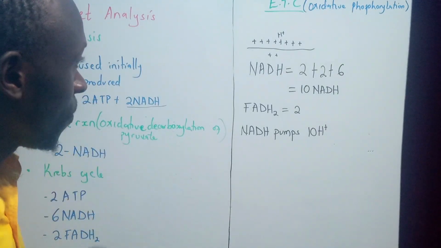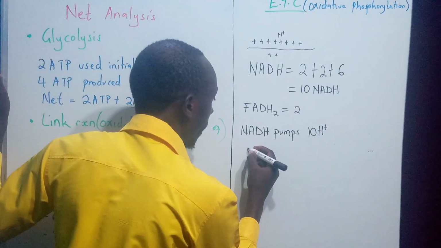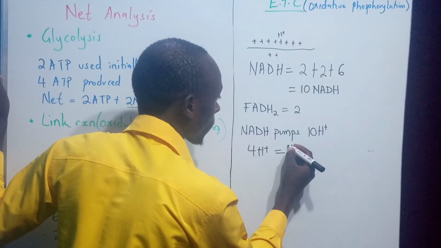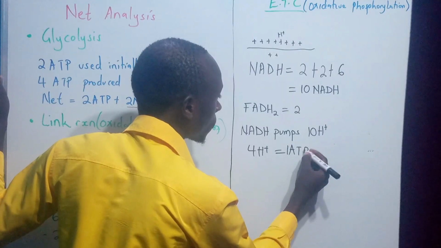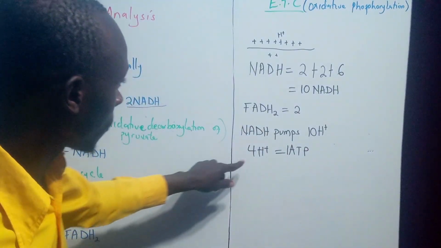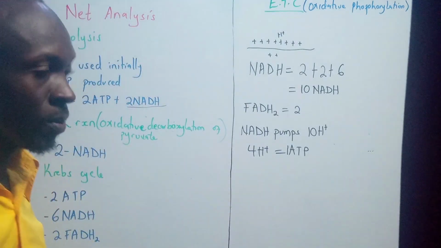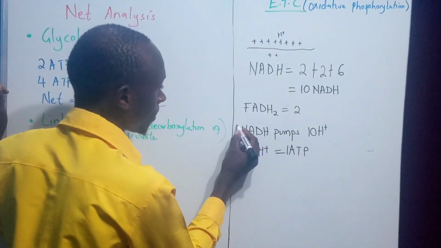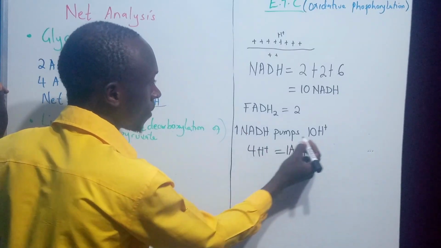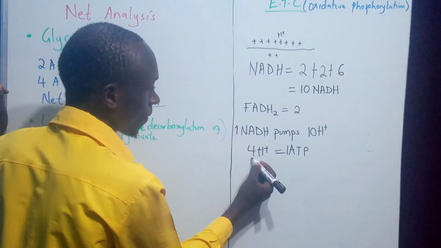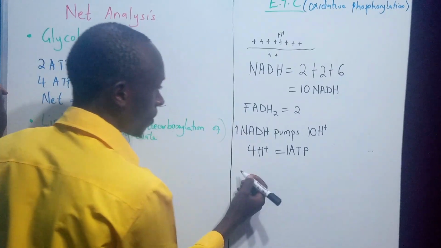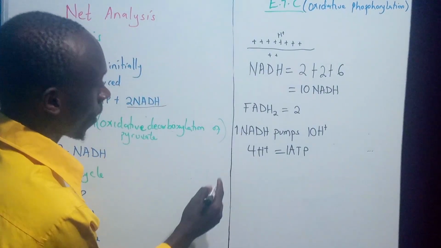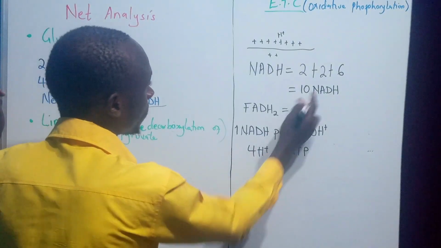They cross the membrane via the ATP synthase, and 4 hydrogen ions that cross form a single ATP molecule. Each 4 hydrogen ions that cross form a single ATP molecule. So it implies that if a single NAD pumps 10 hydrogen ions, and 4 hydrogen ions form a single ATP molecule, then it means that each NAD, because we're having 10